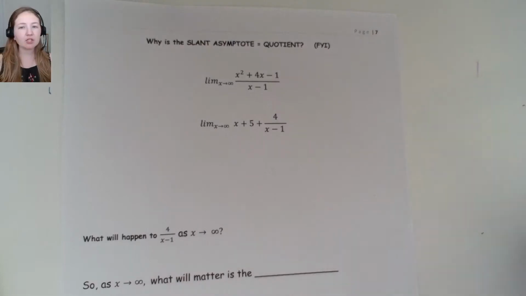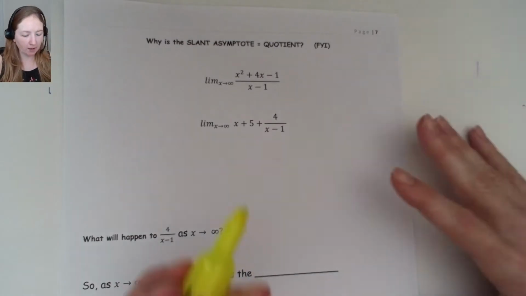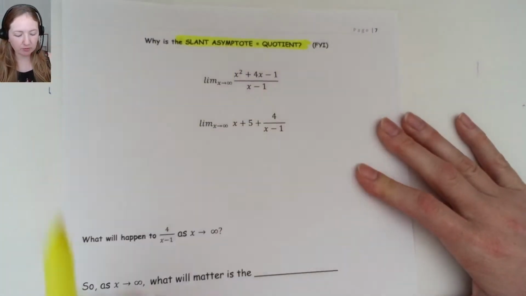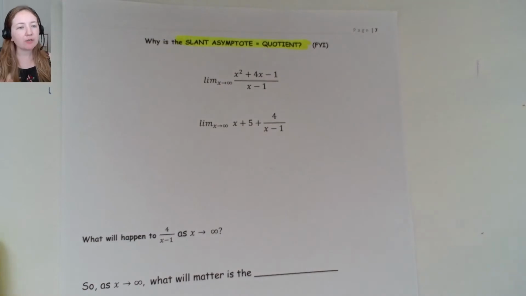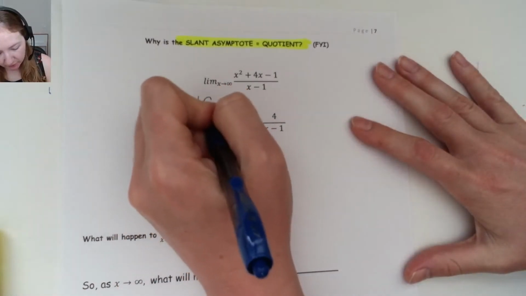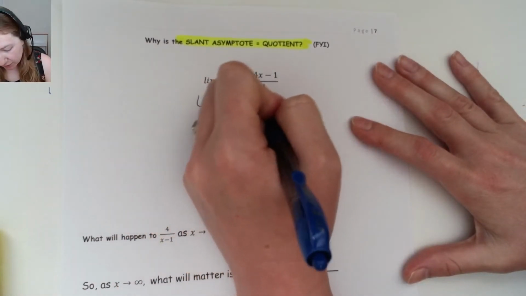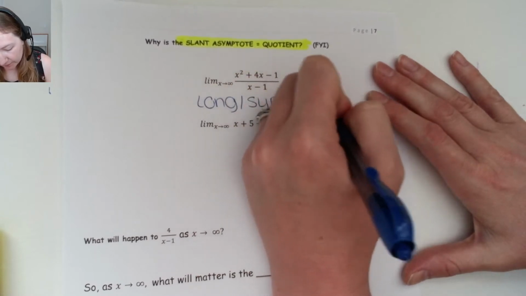All right, on the next page here, this is just a quick for your information, but the question, of course, always comes up: why is that? Why is the slant asymptote equal to the quotient? So here's what happens. If I do a long division or a synthetic division on this problem,